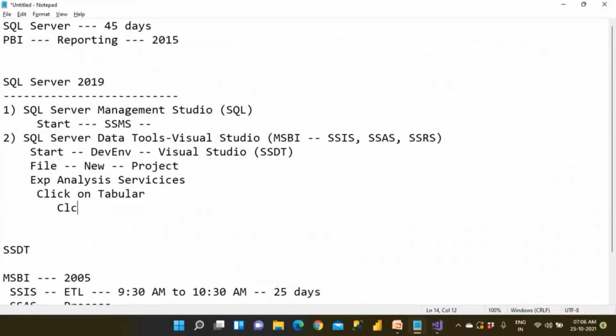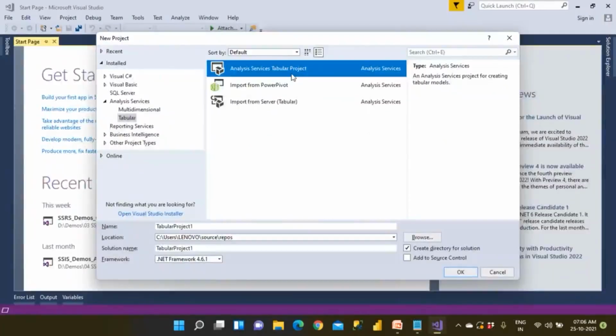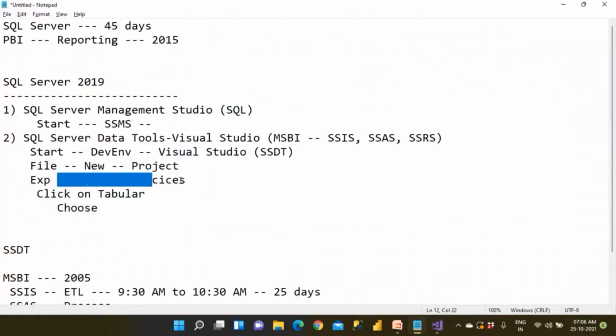Again, choose. What do you need to choose? Analysis Services Tabular Project.